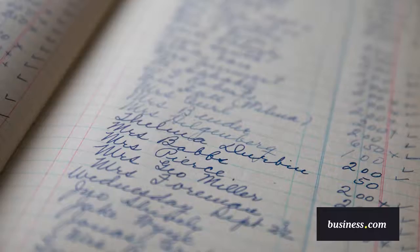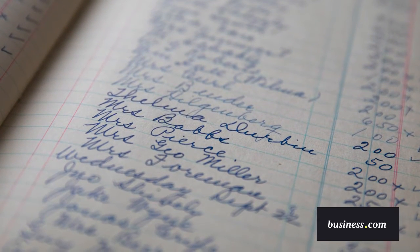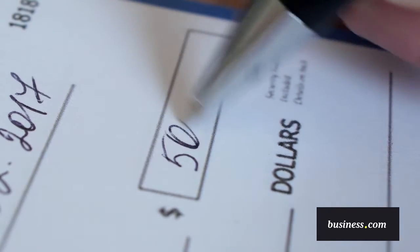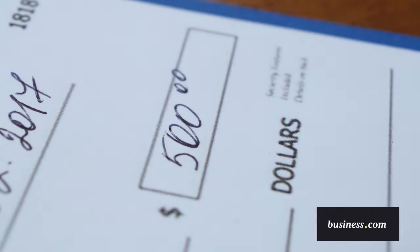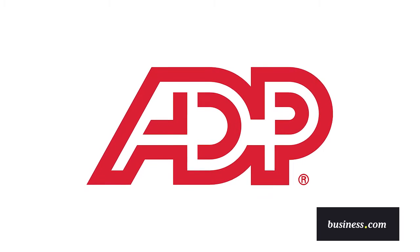Let's go back to the dark ages of payroll processing in the 1940s. During that time, payroll was calculated by hand and recorded in paper ledgers. Checks were also written out manually and distributed to employees. Oftentimes, payroll was outsourced to another company, and it was in 1949 that automatic data processing, aka ADP, got its